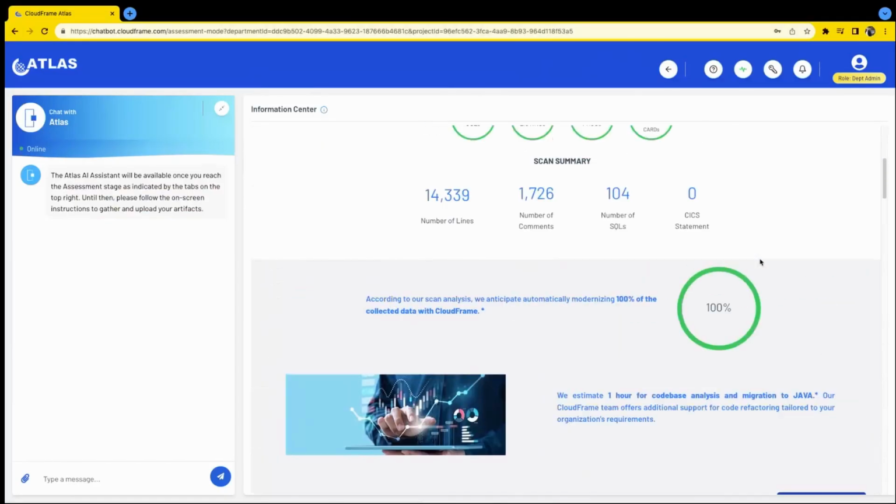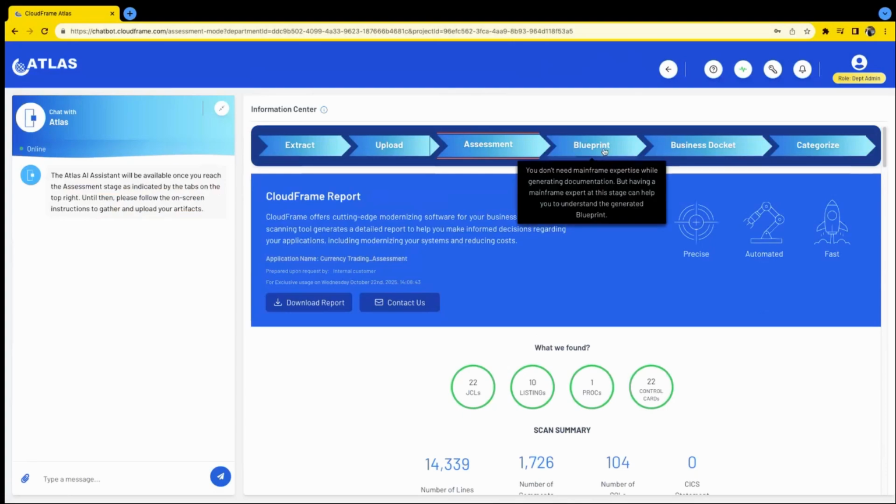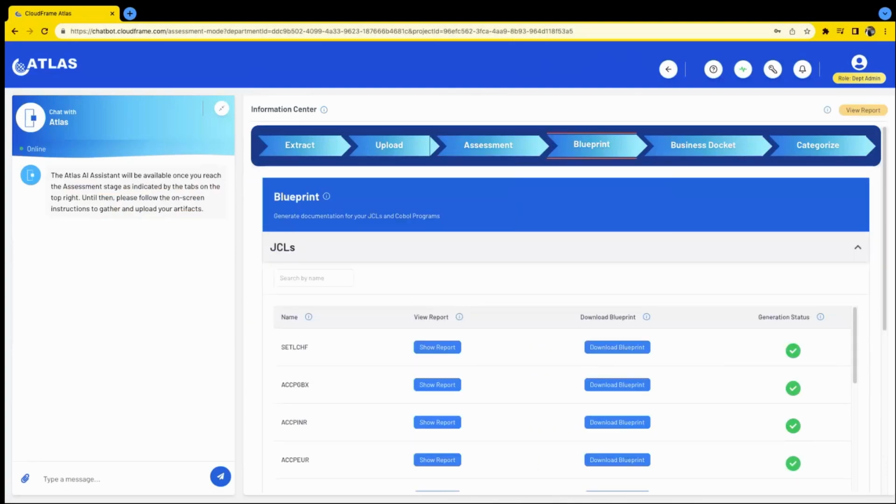Now moving to our blueprint feature. At this point, after uploading our artifacts and working with the Atlas wizard, our knowledge graph has been updated and the Atlas AI SME has become activated as well. It is connected to both the CloudFrame knowledge graph and the LLM, which enables you to ask any question relevant